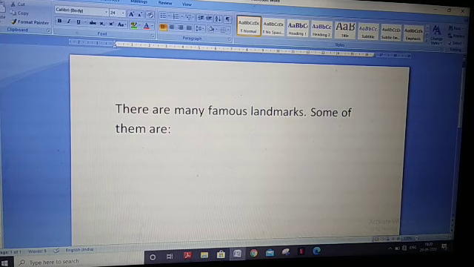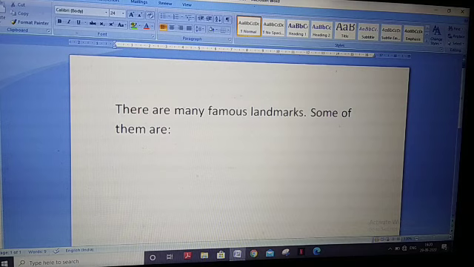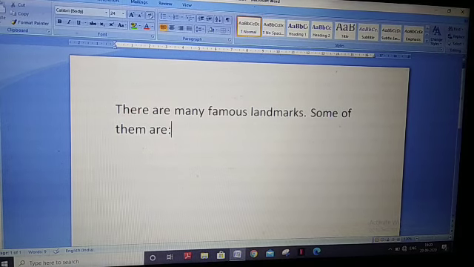Then spelling correction and grammar correction can be done through this MS Word software. How many words you have typed can be counted. Alignment, left alignment, right alignment, can be changed. Several features are there in MS Word software.